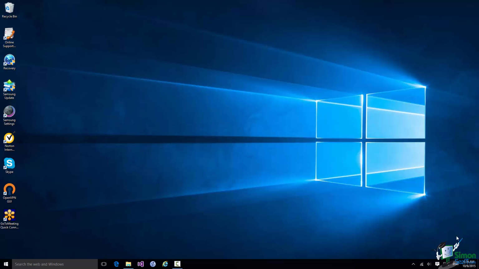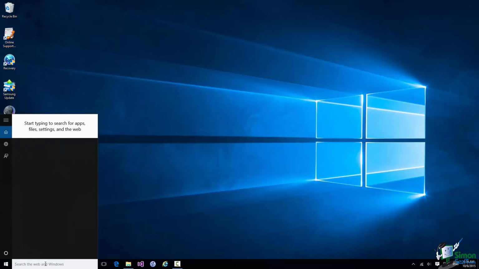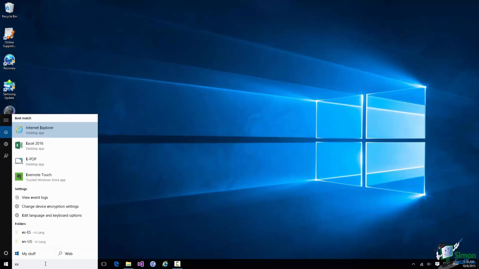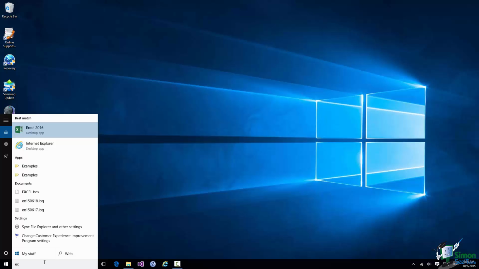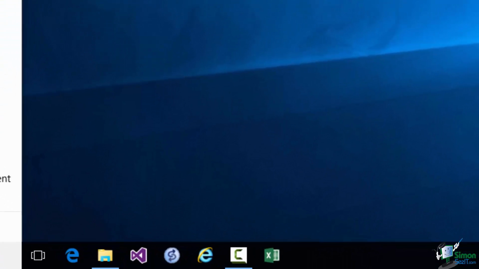In the case of Windows 10, if I just click in the search box down the bottom here and start typing Excel, I soon see Excel 2016. If I right click on that, one of the options is Pin to Taskbar, and I now have a little icon on the taskbar which I can use as a shortcut for starting Excel. Let me now click on that icon,